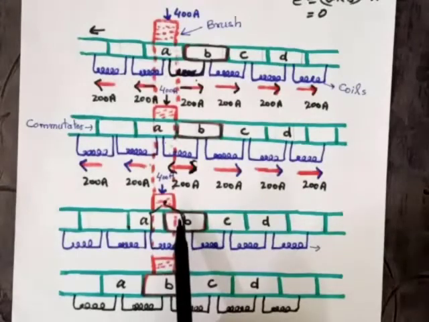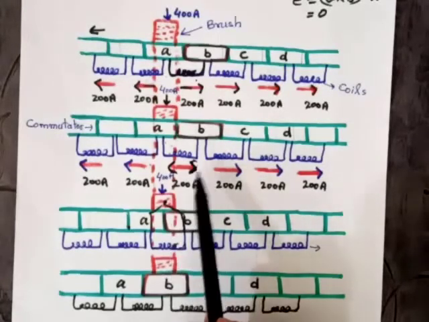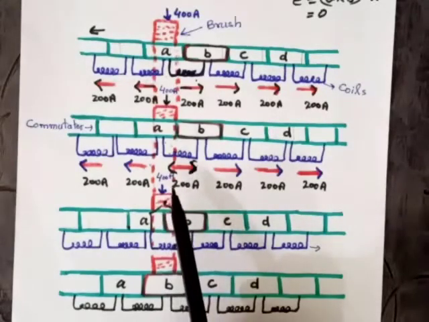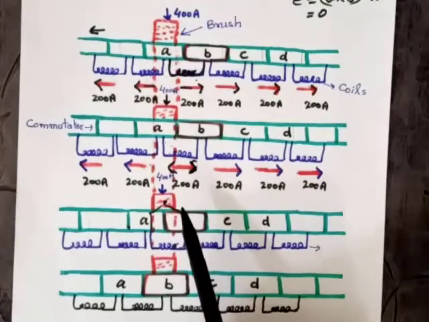As we know, an inductor does not like any change. Therefore, it will induce a large voltage which will oppose that change. As you can see in this figure, we can assume the current is 200 ampere, in the direction from right to left and then from left to right. Remember that when commutation occurs, the current direction changes in the coil.